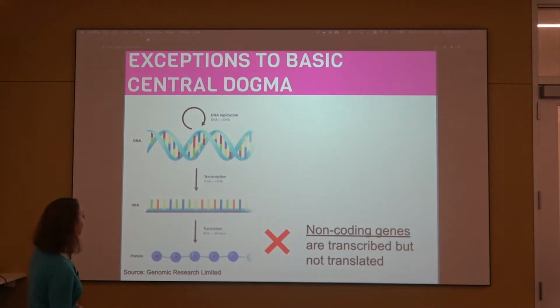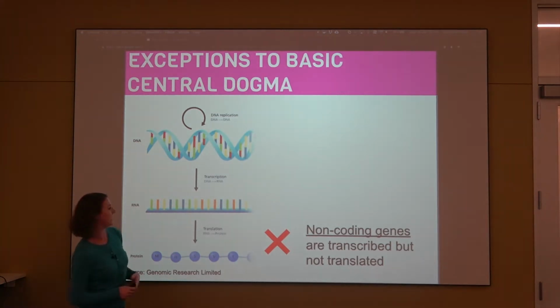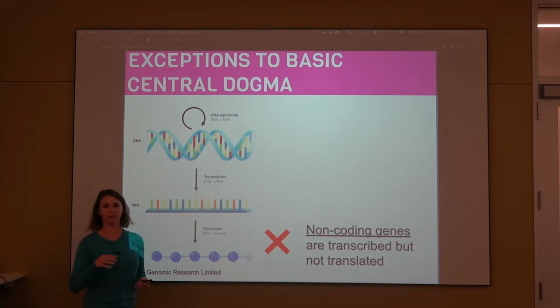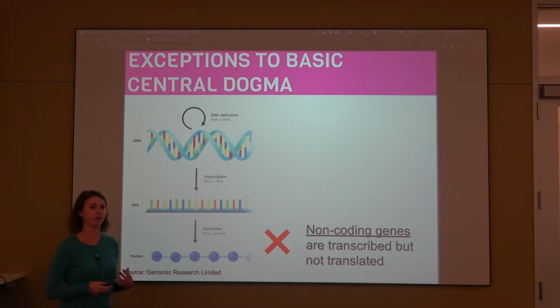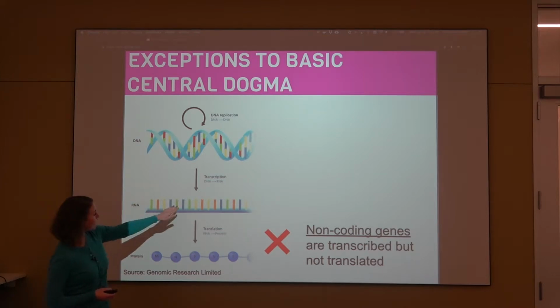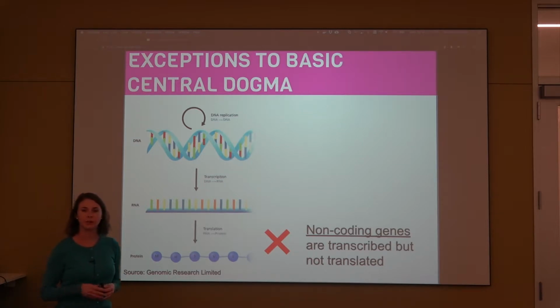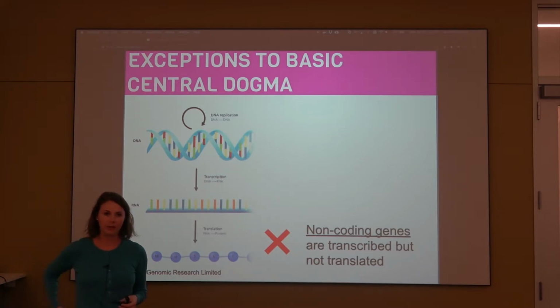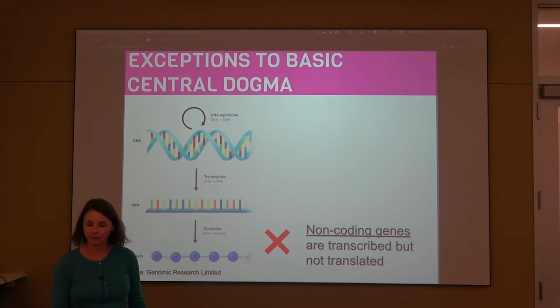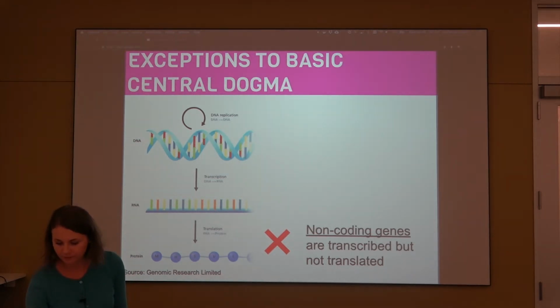And then another really cool area of research is non-coding genes. Coding genes encode for codons, right, amino acids. Non-coding genes do not code for amino acids. Rather, they create these non-coding RNAs that are transcribed but not ultimately translated. And they're used in fine-tuning of gene expression and regulation of gene expression at non-protein levels.